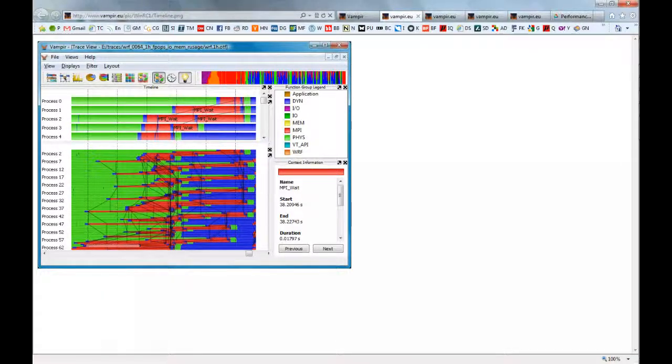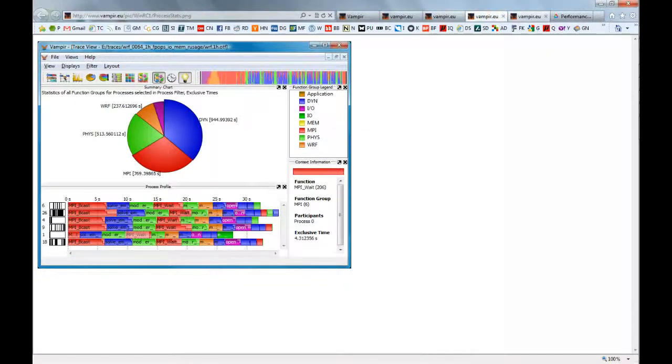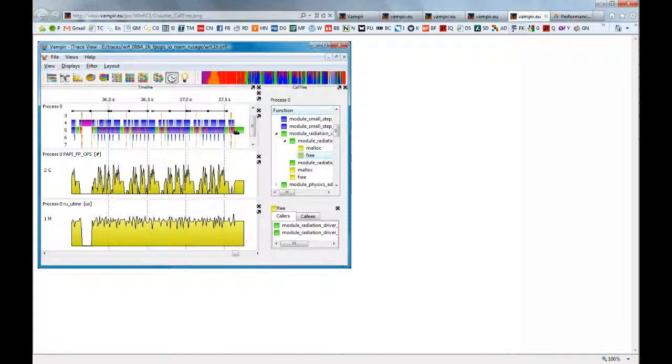You can zoom into these time slices and figure out how much time is being spent in your application versus the communication library, where your bottlenecks might be. This is a process-to-process view, and various high-level and lower-level viewing of your performance data, and you can zoom in